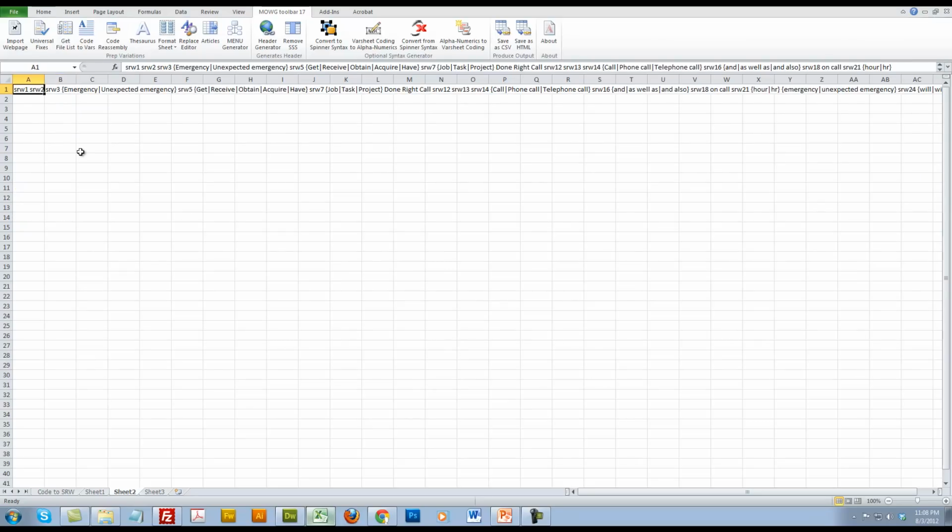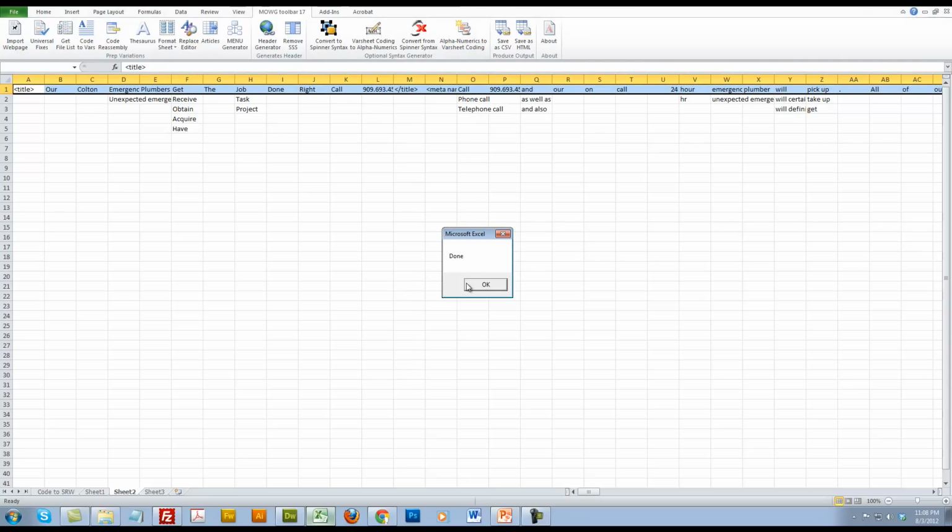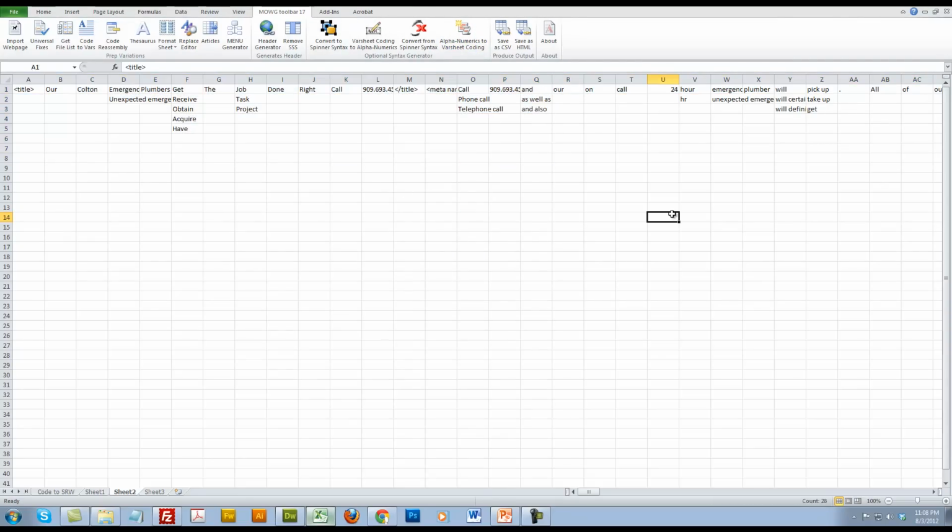That's what we want. Now we want to convert this because we can't have it in a single row. We need to have columns. So we're going to hit the convert from spinner syntax, and that's done. Converted it all. Now we need to get rid of the SRWs. So we're going to do alphanumerics to var sheet coding, and that's done. And you can see that everything looks great here. So after that, I want to save real quick just to be safe. So save it. Top left corner's the little floppy disk icon,